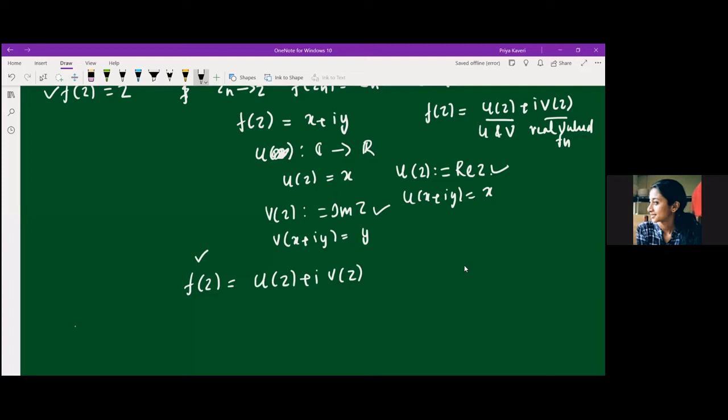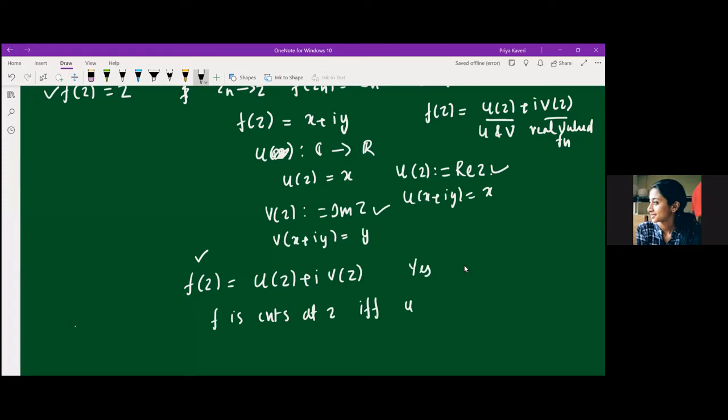So what's the next question that we need to ask? It is similar to what we did earlier. Is the continuity of f somehow related with the continuity of these real valued functions u and v? So the answer is yes. That is, f is continuous at z if and only if the corresponding real valued functions u and v are